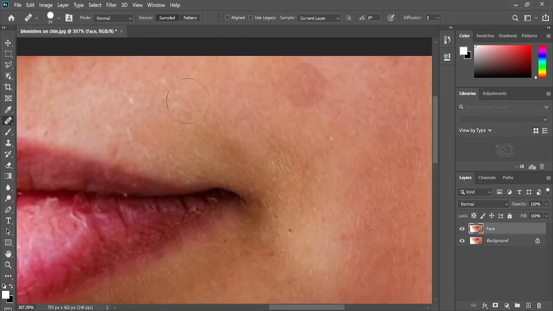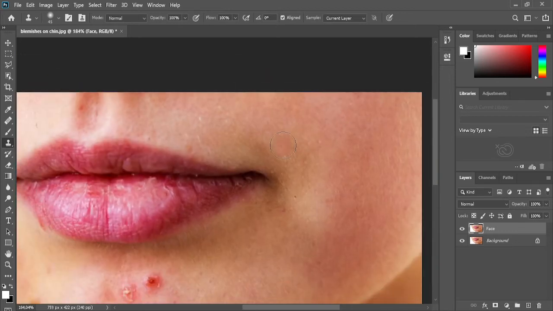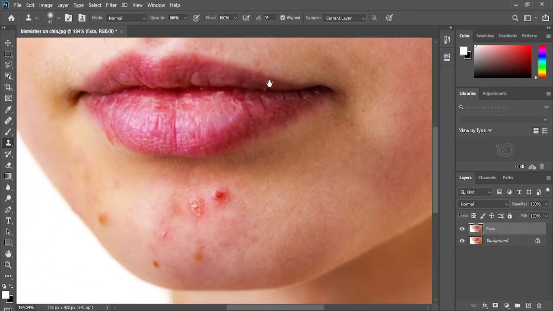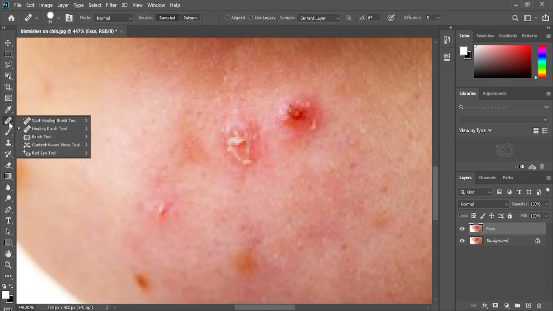That's it. It samples the texture of another area. It works almost the same as the stamp tool, but the stamp tool is a little bit more specific. It really stamps the texture and the color, but we're gonna go there later on. So I'm just gonna tell you guys the third tool is the patch tool.